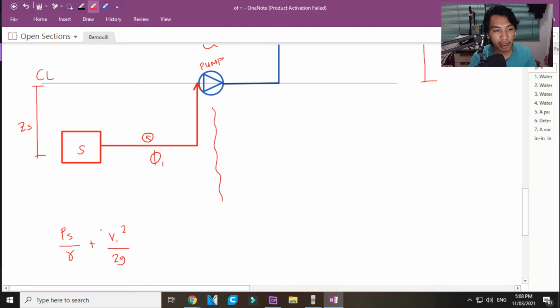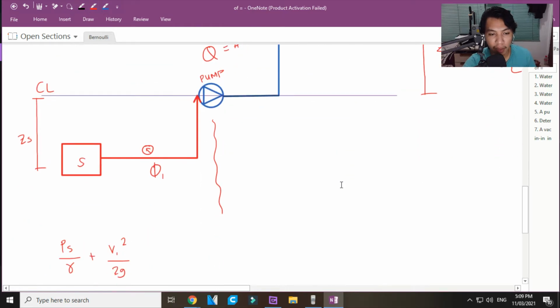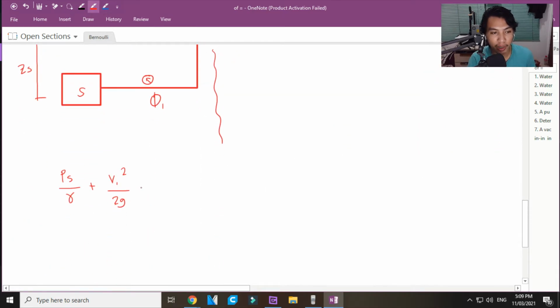Now, the dilemma here, hindi natin alam si V1. Ang nagbigay lang is Q. Diba? Going back, yung Q mo, inaalam natin. It is equal to AV, diba? O, yan, AV. Inahanap natin si velocity. Mamaya, pasimplihin natin yan. Plus, yung ZS, plus head loss 1,